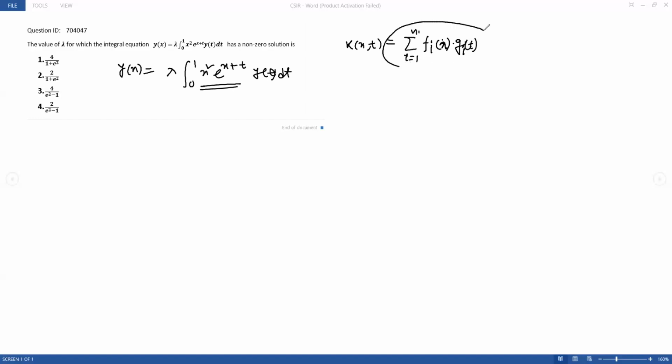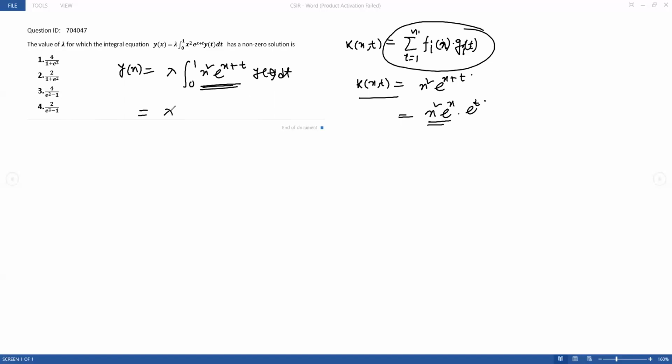This type of kernel is called a separable kernel. Here the kernel K(x,t) is x square e to the power x plus t. This can be written as x square e to the power x into e to the power t. So this is f1(x) and this is g1(t). So this kernel is a separable kernel. Now